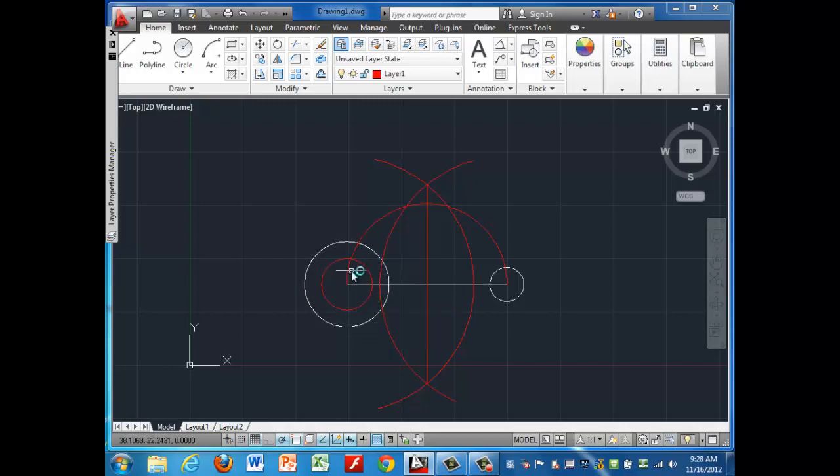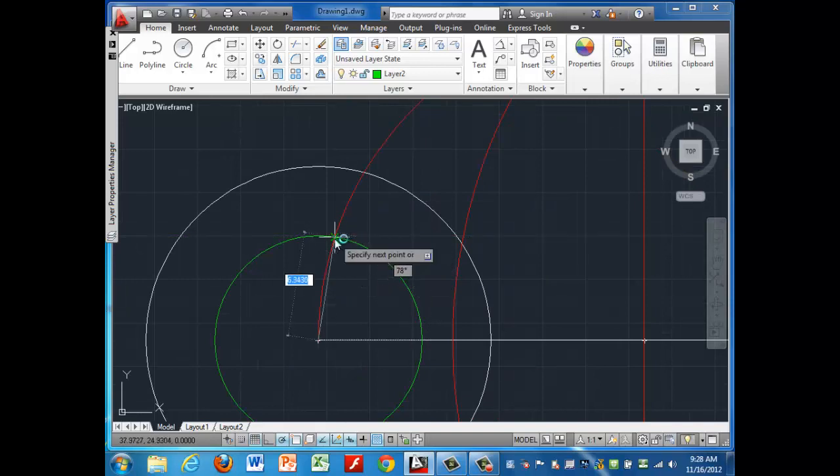Now, what we need to do is identify with a normal the point where, and I'm going to change colors for this. I'm actually going to change this one to a green. Okay, and then I'm going to use green again for my normals. And now the normal in this case goes to